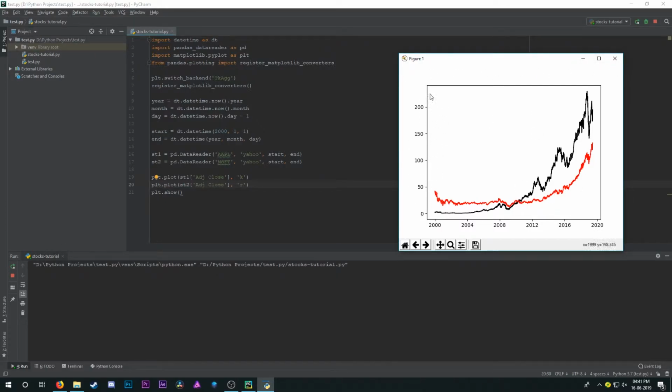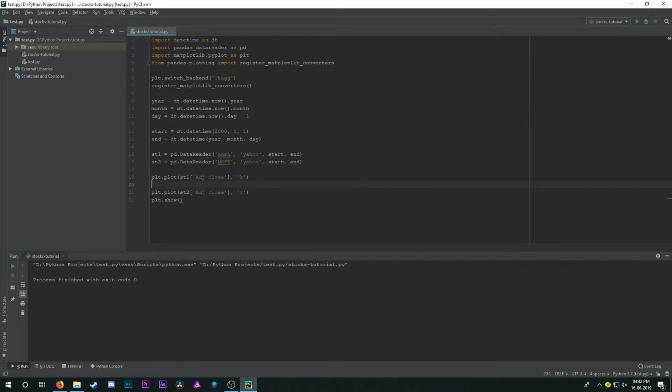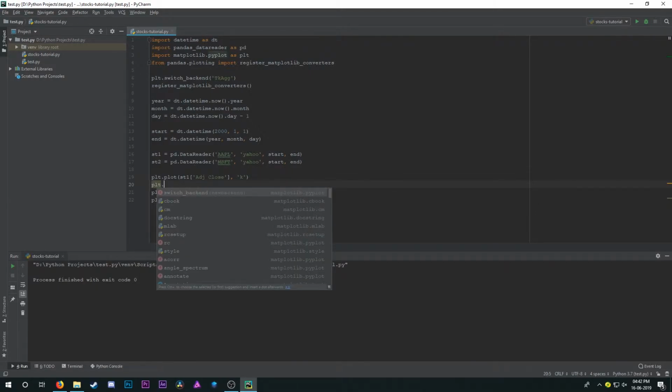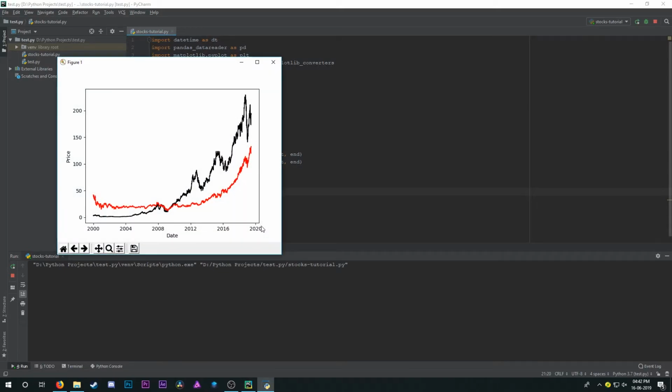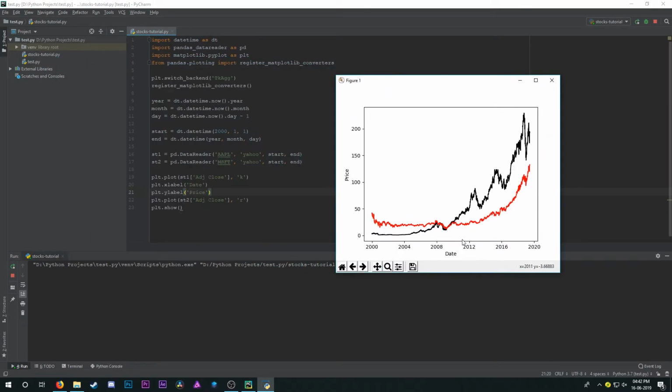We need to mark that this is actually the price and this is the date. So let's do that. So plt dot xlabel, which would label the x-axis, and we will name this as date, and we will name the ylabel as price. Now when we run the script,